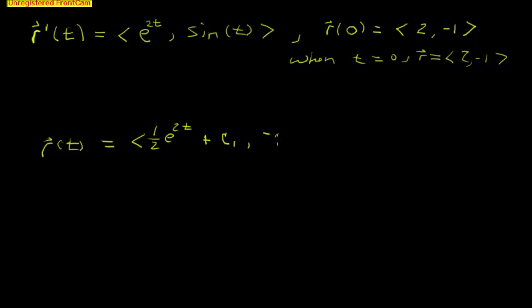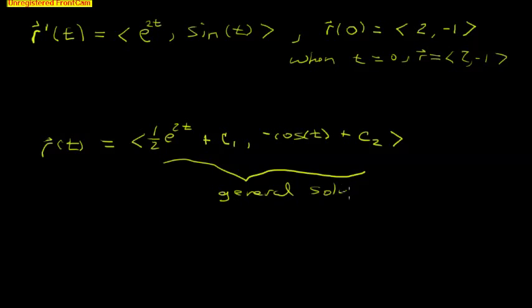Now, integrating sine gives us minus cosine, and then plus another arbitrary constant we'll call c2. Since we haven't specified these constants, this would be called the general solution. To find a particular solution, and in fact the solution that we want, we would plug in our initial condition. A lot of times that's abbreviated just IC. So using the initial condition right here,